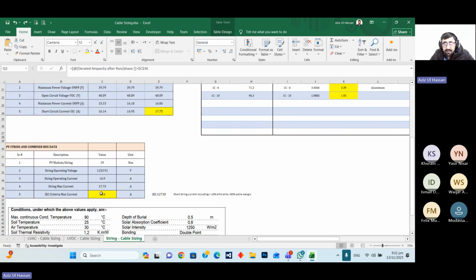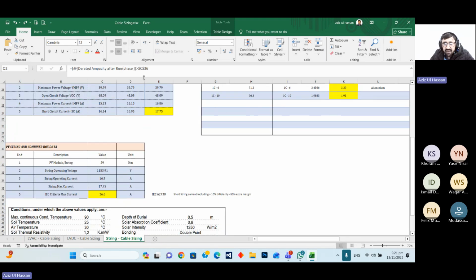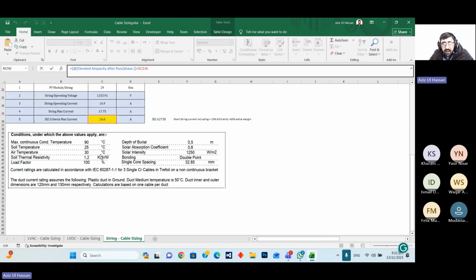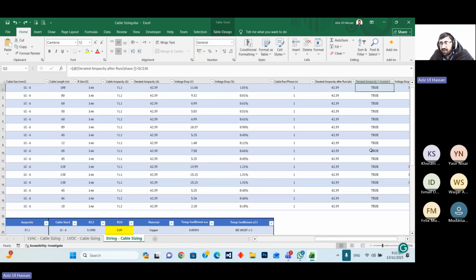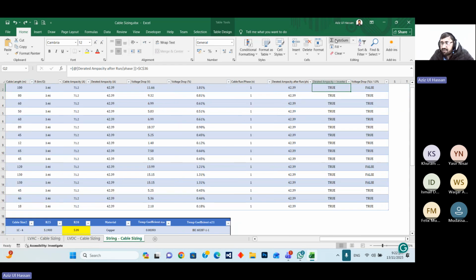This one as per the short circuit as per the IEC standard. So that is why I have checked this criteria, and this is the low side. So that is why they give us the true value for all the. And now the other option is that, now the derated ampacity formula is okay. Now we have to check the other one,